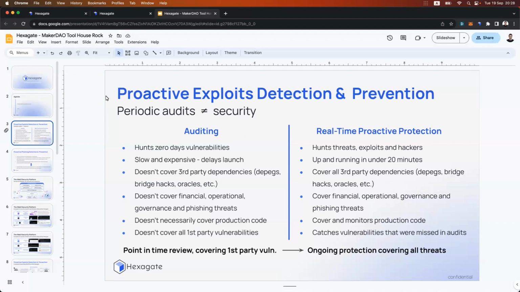That is governance proposals, tokens, oracles, the first-party code, any third-party code that you're relying on, admin keys, and so on, and then setting up monitoring on those addresses. Now, the real-time proactive protection approach takes a stand where we're assuming that not all threats were covered in the auditing phase.